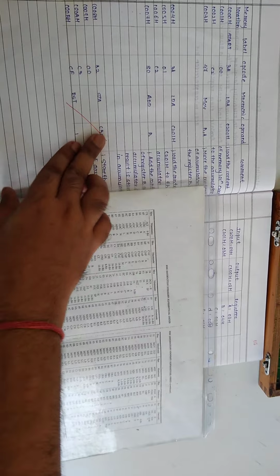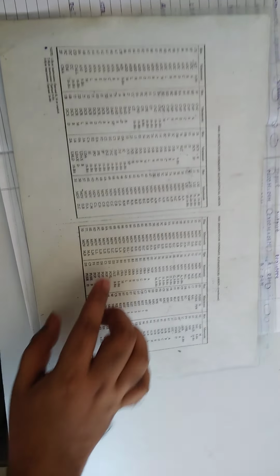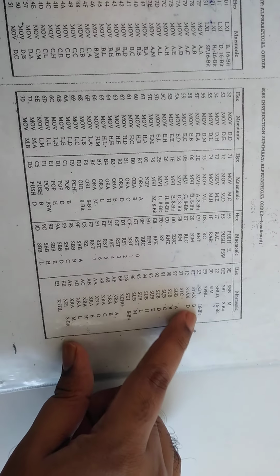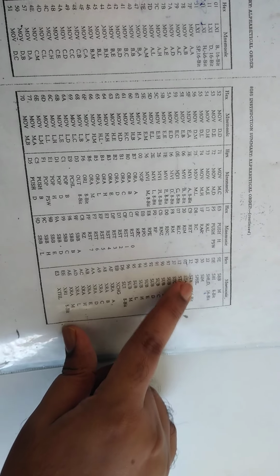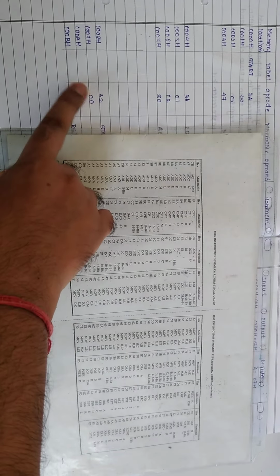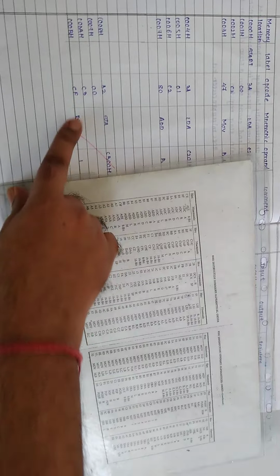What is written? STA C300. Just try to find where STA C300 is. It is here. How many bits are given? 16 bit. So how many locations will we leave? 2 locations. What is the opcode of STA? 32. So first we write 32 and then we leave 2 locations, C009, C00A. Now 00, C3.